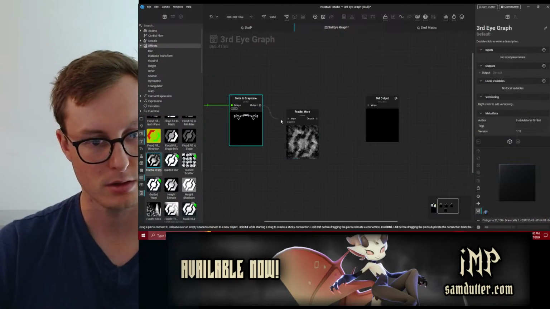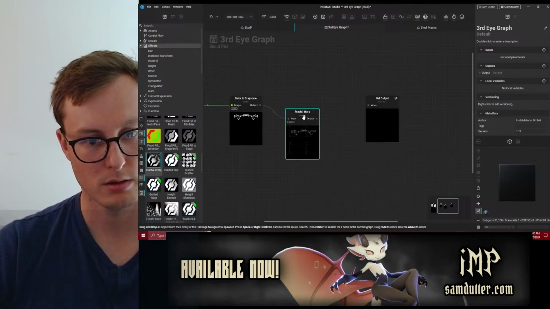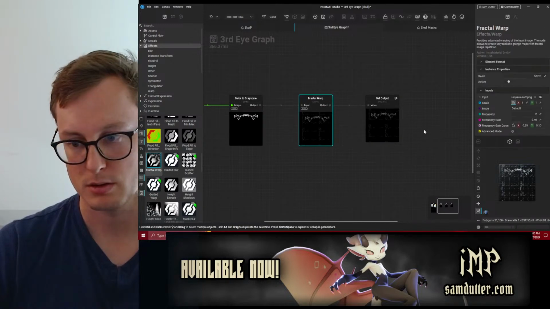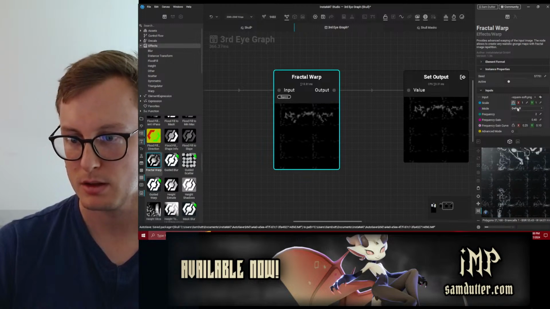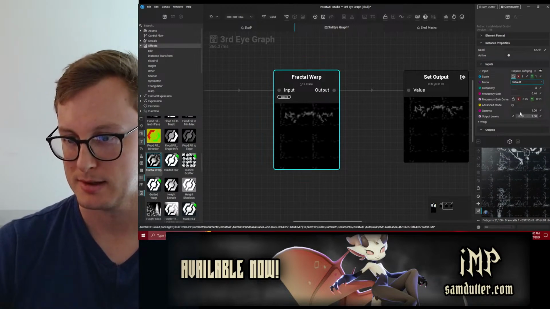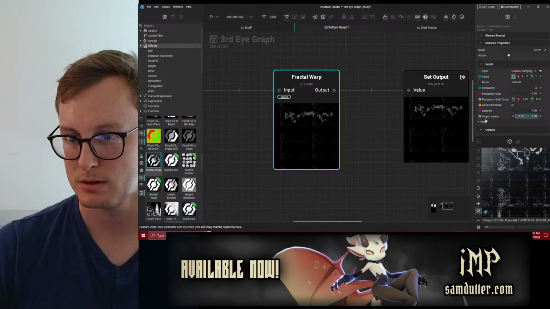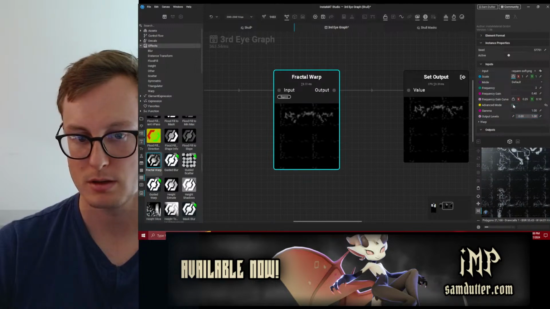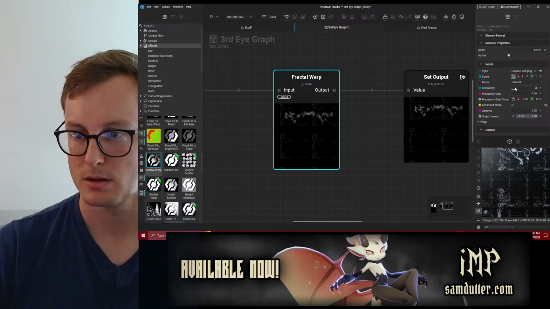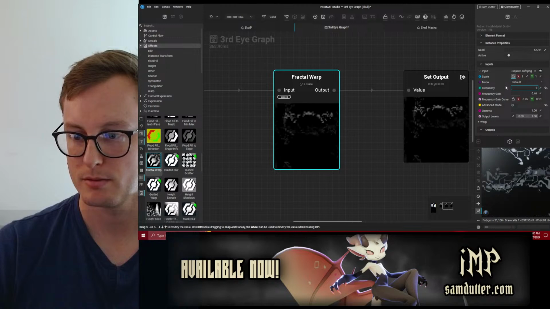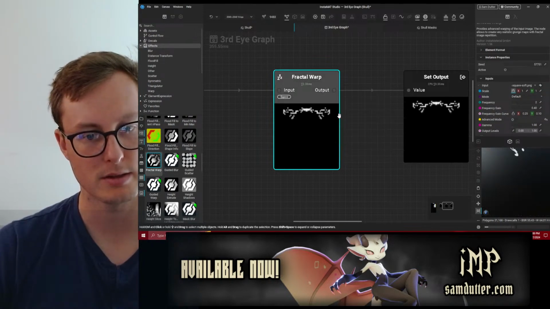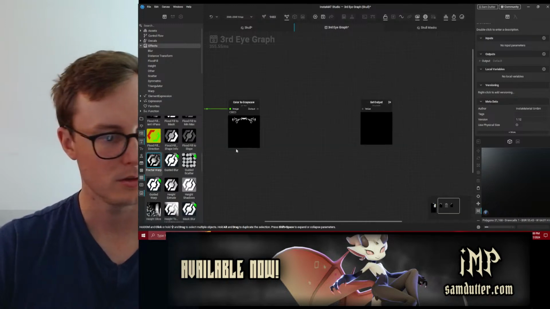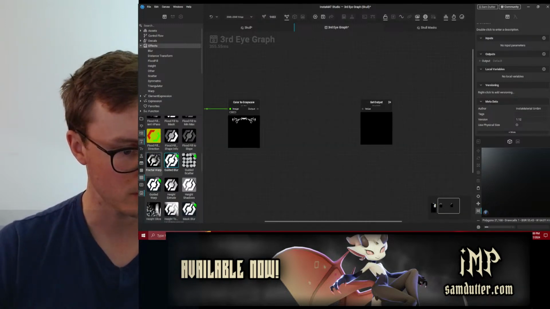We did this here. It looks really bad. Why does it look bad? Threshold, I suppose. Oh, gotcha. Fractal means that it's duplicating it a bunch. It's not just a warp.